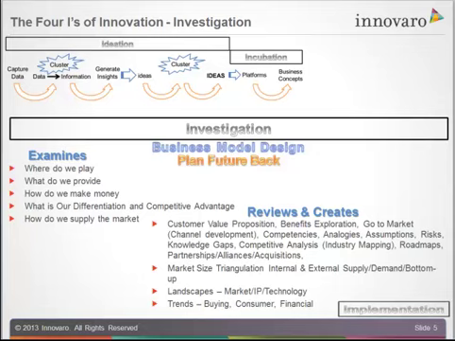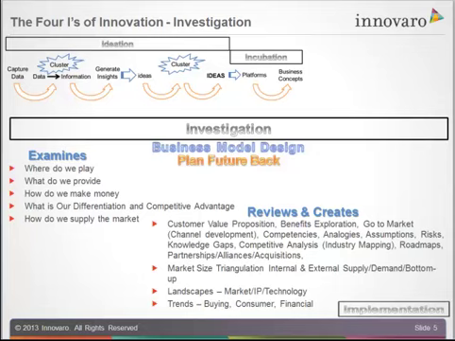If you think of it as organizational and process changes, what's different from the way we do things? Why is this process going to be any better than the one that we used to have? And then last but not least, how do we supply the market? How do we actually get out and do this? If we're going to make organizational changes, how do we make these changes work and stick? If we're going to bring new products to the market, how do we get the suppliers? And how do we get the distributors? Do we do it all ourselves? Do we have mid-tiers? All of those kinds of things.